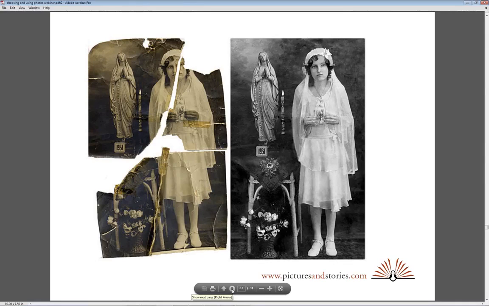Okay, Diane says, do you do your photo editing on the original TIFF file or a copy of it and then save a copy as a JPEG? Yes, I would highly recommend that. Any editing that you want to do on your photo, if you want to go in and correct the color, or if you want to erase somebody out of it, or fix a red eye, any kind of